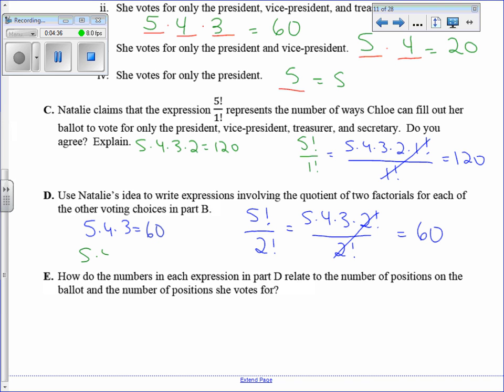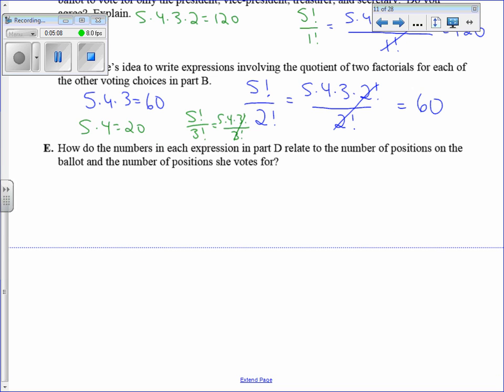5 times 4, which was 20, would that be the same as 5 factorial over 3 factorial? Right? So 5 times 4 times 3 factorial divided by 3 factorial. So the thing is, notice that, can you see a way to get the 2 from this? Like if she's going to vote for, so this was where she was voting for 3 of the 5 positions. Like where does the 2 come from? So the ones you don't want. Yeah. So that number on the bottom,